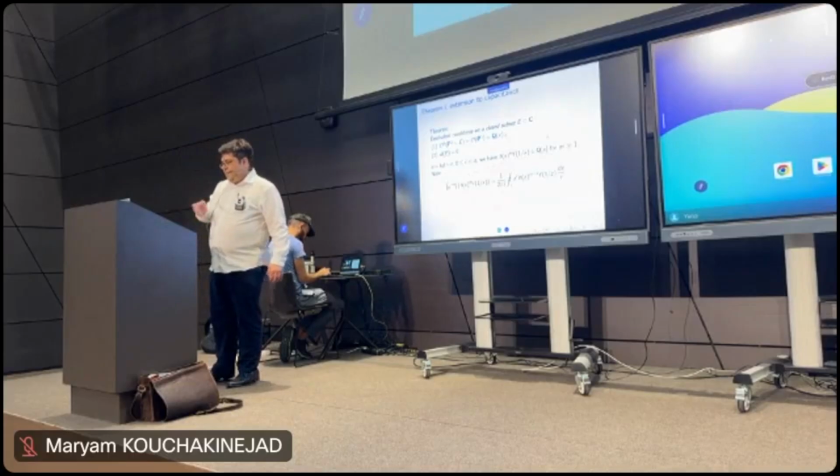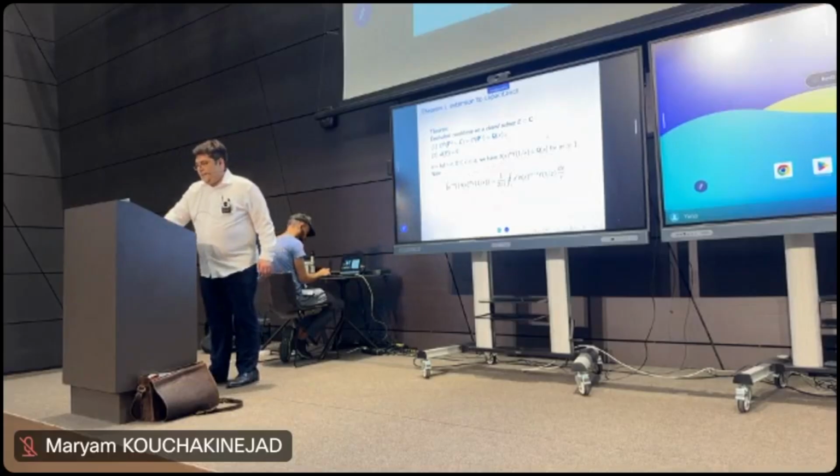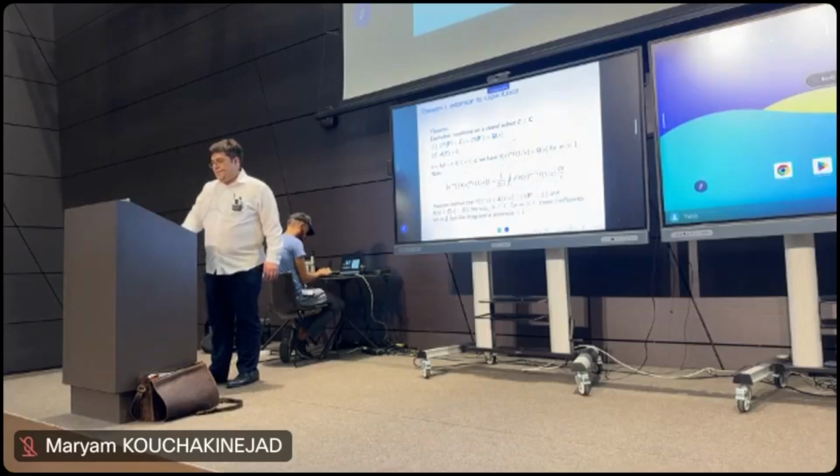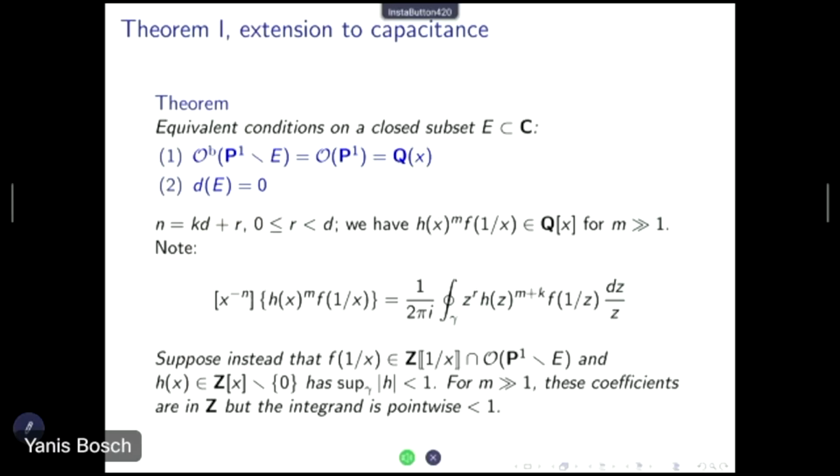Okay, so this sequence, this statement of rationality states simply that for large enough power, all the negative order coefficients of this function should be 0. But these coefficients can be expressed as contour integrals with a small integrand. So let me instead suppose this arithmetic dimension, and I'm proving for you Pólya's arithmetic rationality theorem in